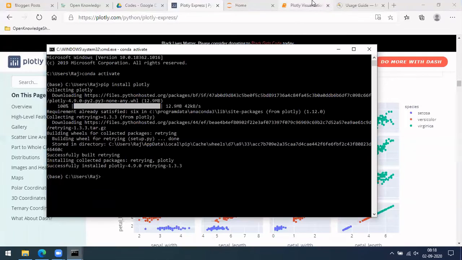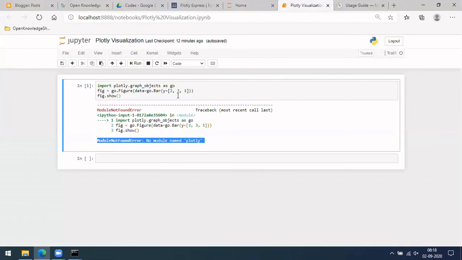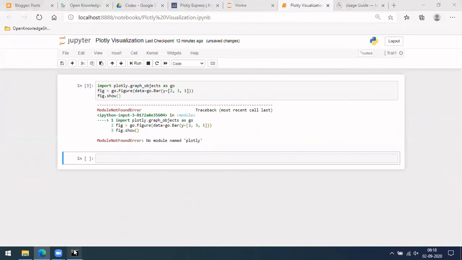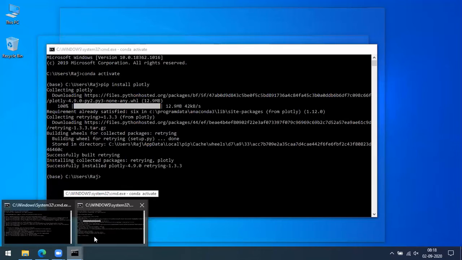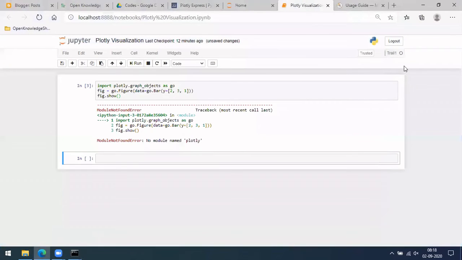Yeah, it's installed now. Let me do one here. Okay, so, oh, it's not it. Okay, so kernel, I have to take the base kernel.